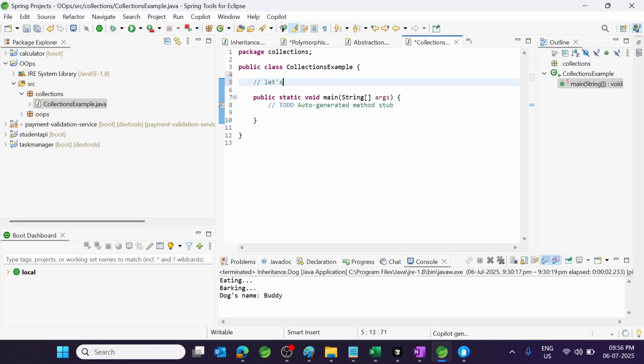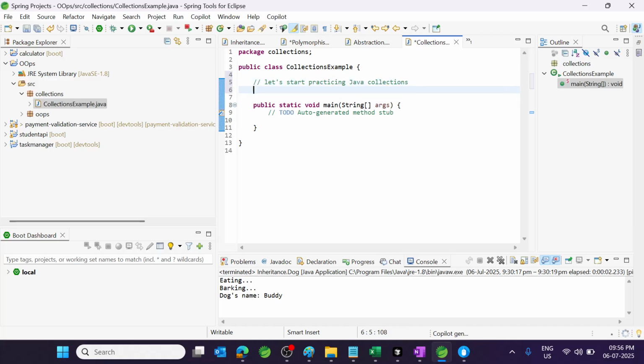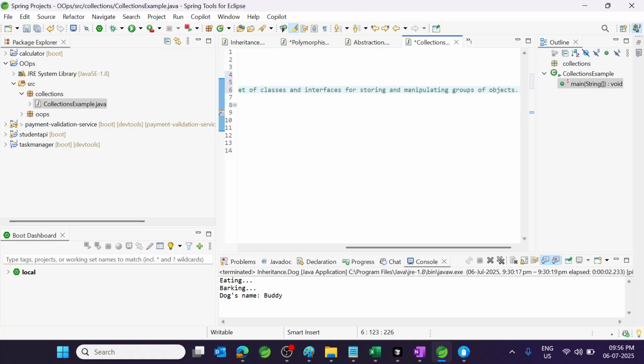Let's start practicing Java collections. So you see, Java collections